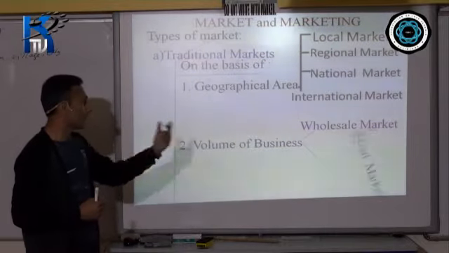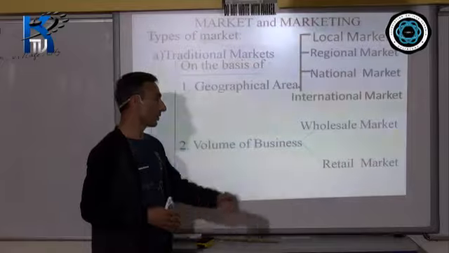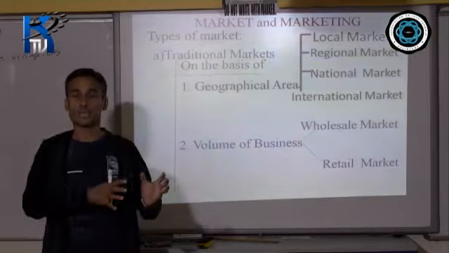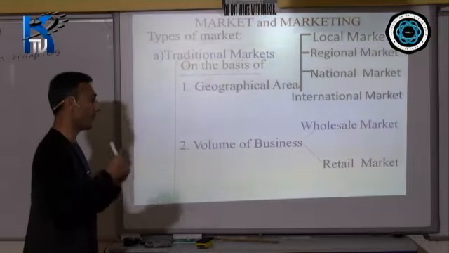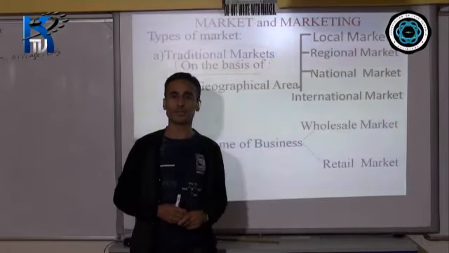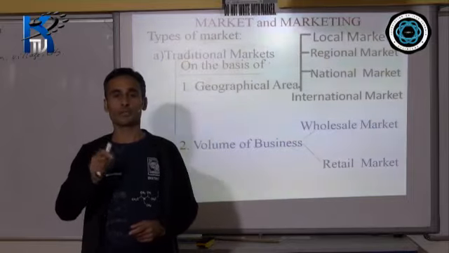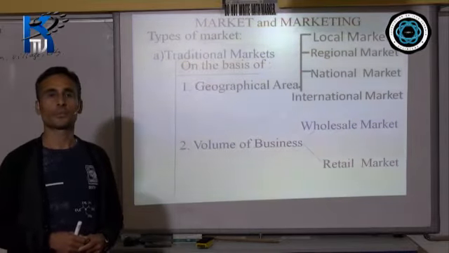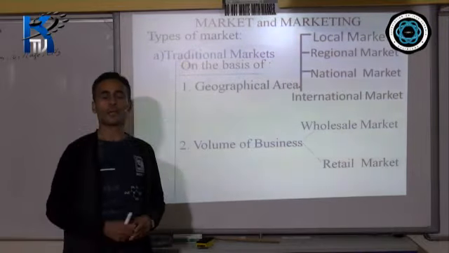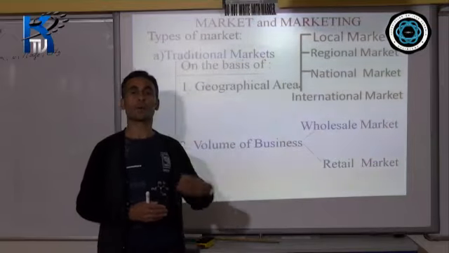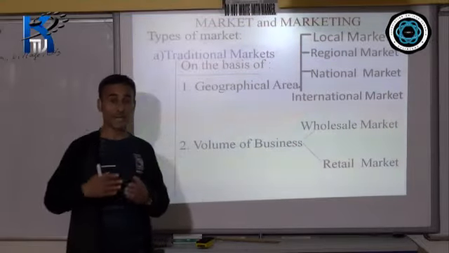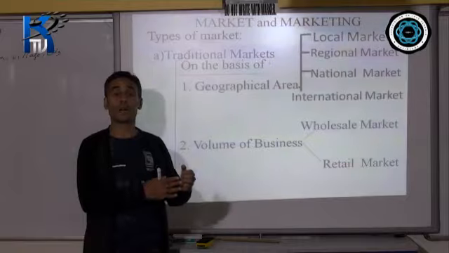Then you have another kind called retail market, where there is a link between the retailer and the consumer. The final consumer buys the product from the retail market. What is the advantage in the retail market? That the goods are available in the quantities required by you. You can buy in large quantities as well as you can buy in small quantities. You can ask for 100 grams or you can ask for 1 kg of sugar. That's a retail market, and here you have a direct relationship with the final consumer.